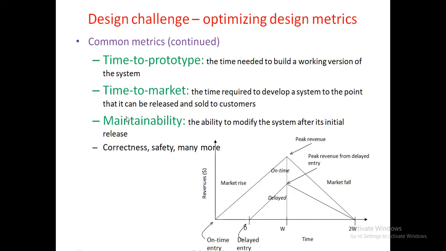The next one is maintainability. Maintainability is very important. It is the ability to modify the system after its initial release. Once they release the product into the market, they should be able to modify something to some extent, not 80% or 90%, but some 10% or 20% modification. It must be acceptable. That is maintainability, and then correctness and